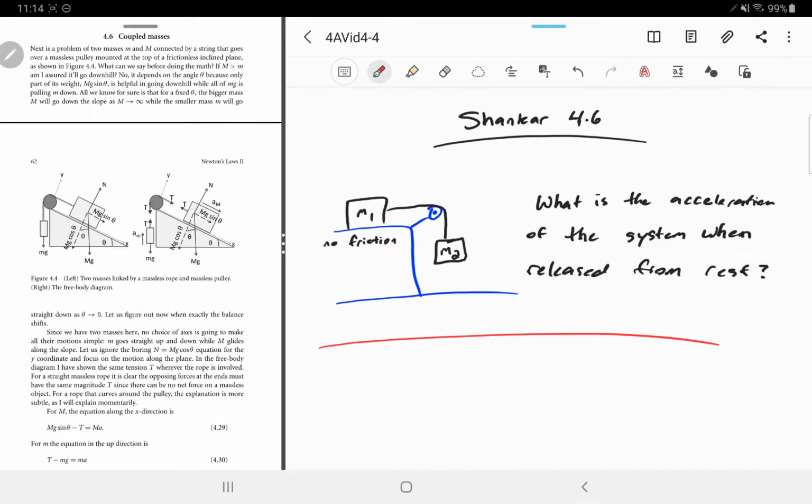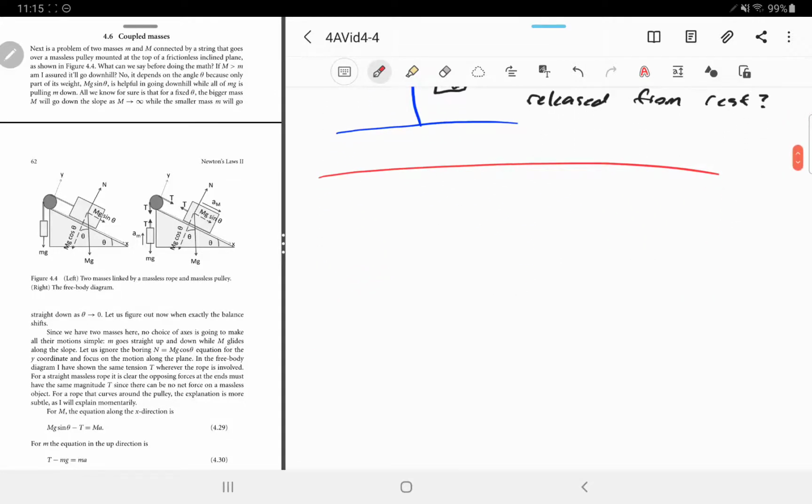So this video will consist of two parts. First part, I'll go over the example in the book, and then the second part will go over this example problem that I have written. The example problem is actually not as tough as the problem in the book. All right, so the problem in the book